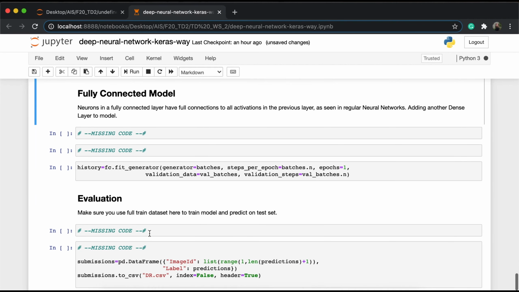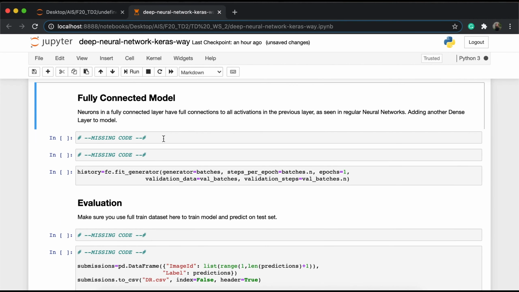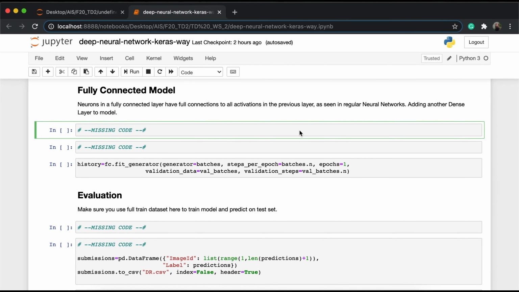So I'll move down. All right. In this step, we will create a fully connected model, and it is similar to the one that we created before, but the only difference is that it will be fed under a function. So let's do that. So I'll define get fully connected model